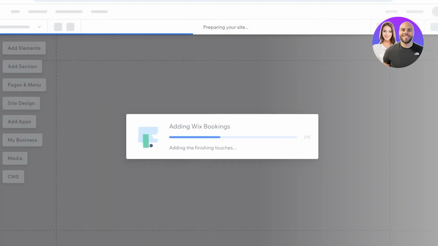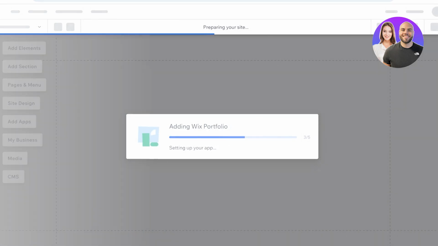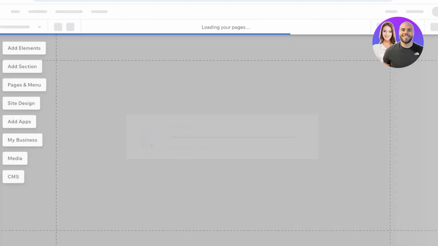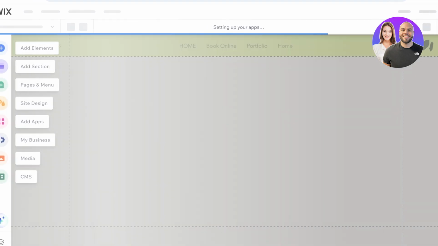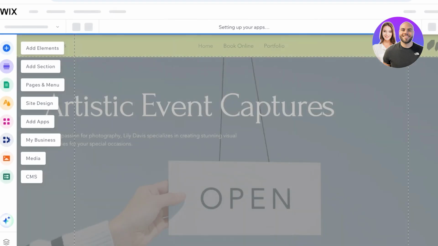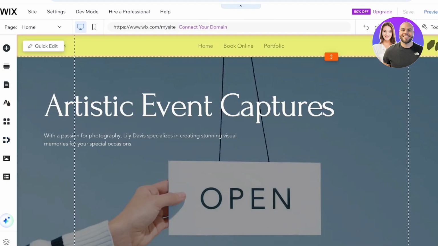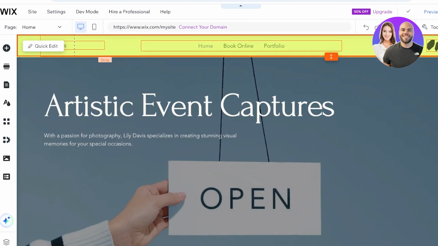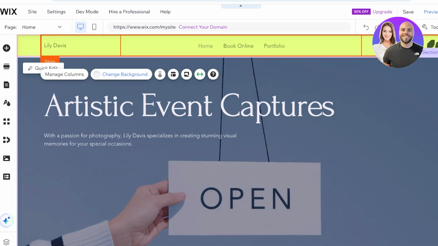And once our site has been prepared, it's adding Wix portfolio and Wix bookings. And now it's time for our own customization. Now, in our own customization, the first thing I want to customize is the color scheme. The color scheme for this is a bit too bright for me, so I want to go with more muted tones. So I'm going to click over here on the header, and I'm going to click on change background,